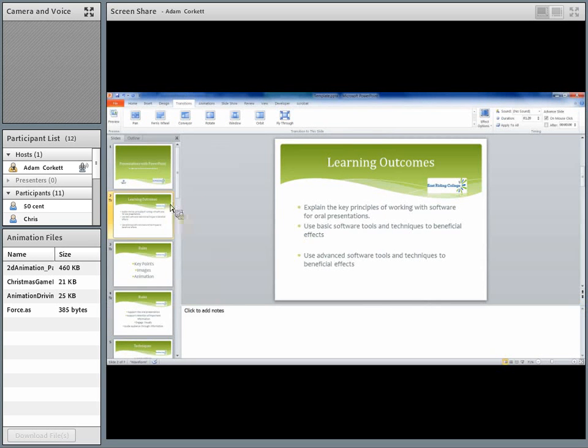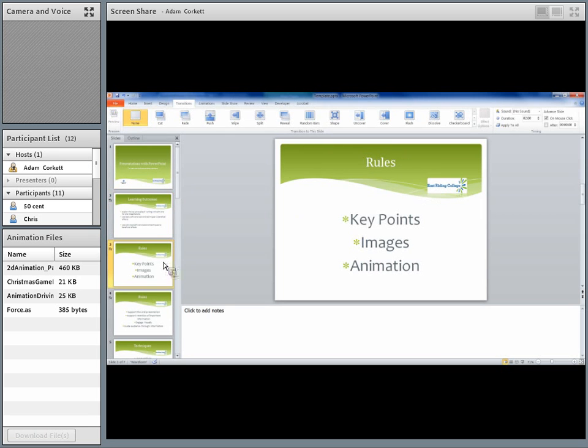So then we've got animation. Now the point of animation is to emphasize. So the best way to use it is to present information bit by bit by bit. Don't have a slide that's got everything on it all at once, because it's there to reinforce what you're saying. So for example, on this slide,